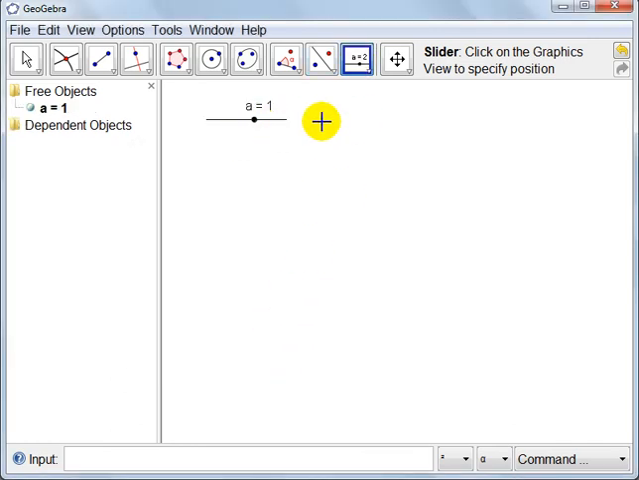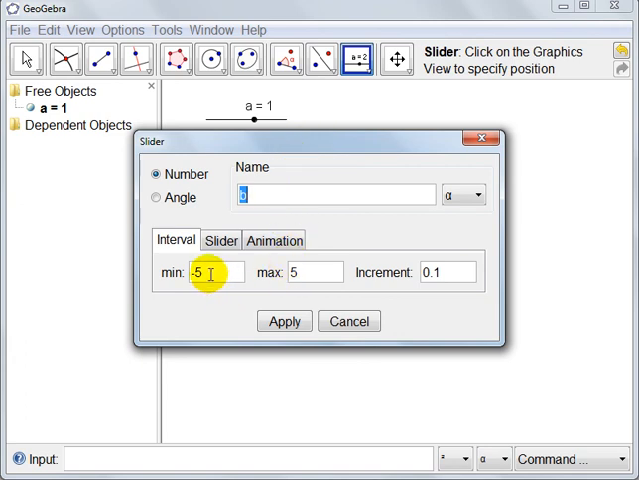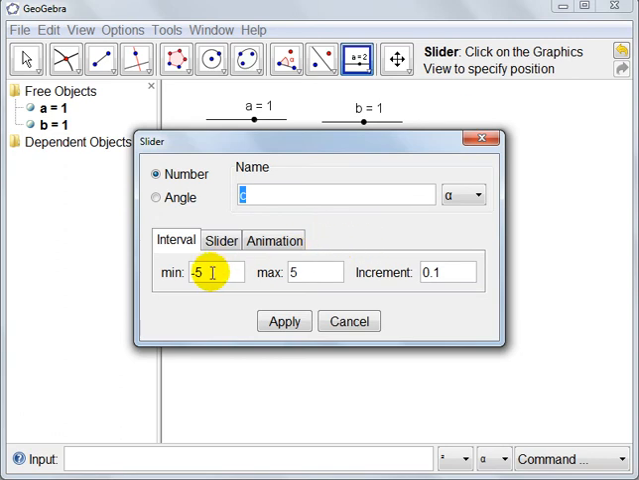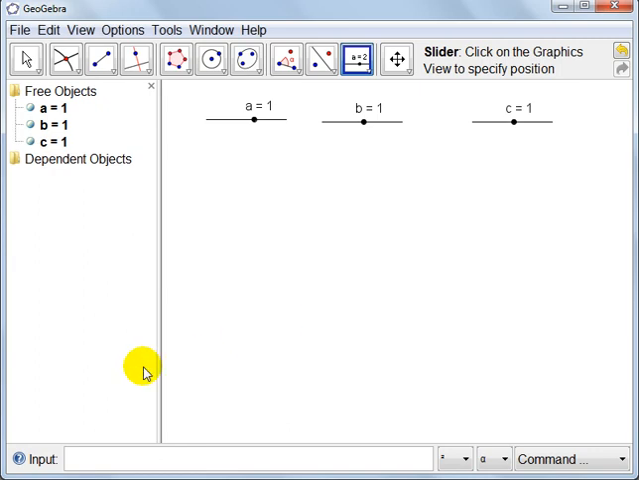Then I need another slider B, and let's change this to -20 and 20. I need an increment of 1. And our third slider is C, and this one I'll also change to -20 and 20 with my increment of 1. Now in the input bar I'm going to type y is equal to A space